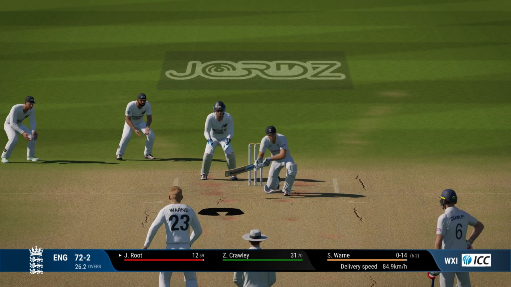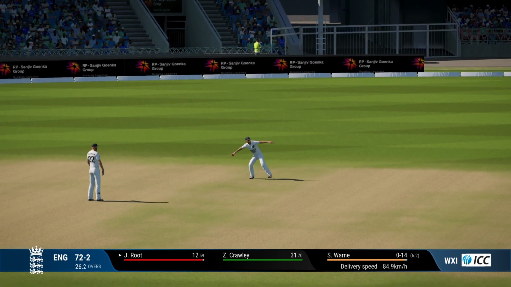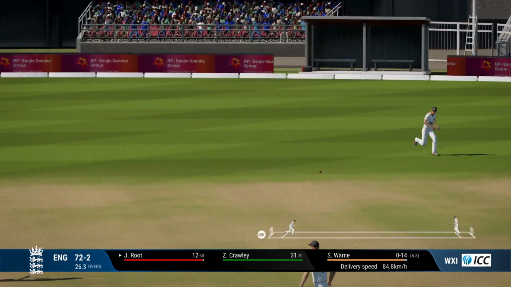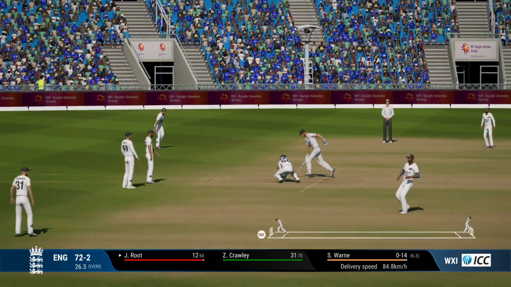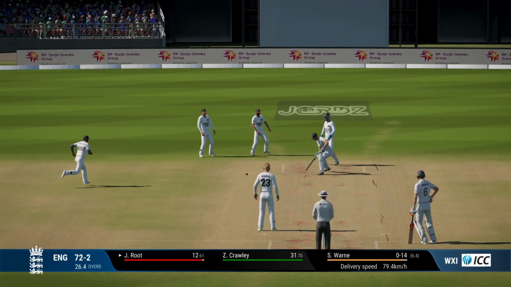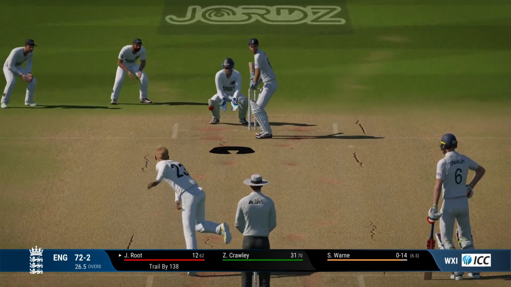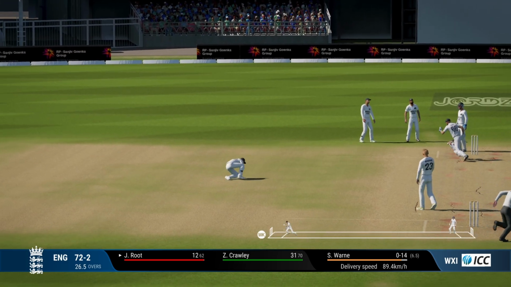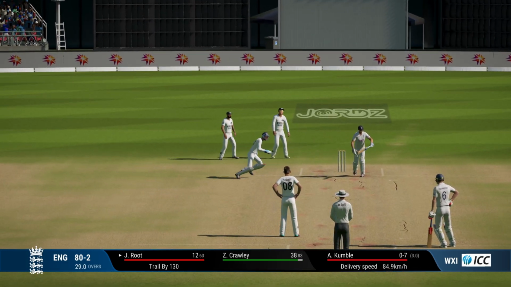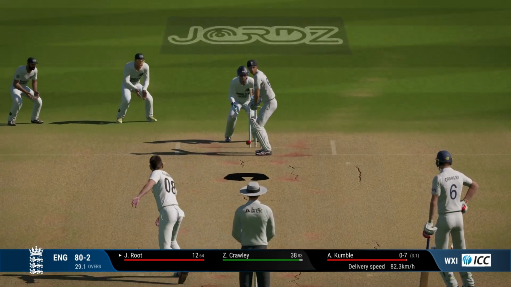So most of the fielders are inside the circle, making it difficult for me to score runs through sweep and reverse sweep. Most of them square off the wicket, and once again straight to the fielder. As you can see, I'm timing the sweep shot well, but it is going straight to the fielders. Googly from Warne. 12 runs so far, 62 deliveries, and they are forcing me to play some risky shot because